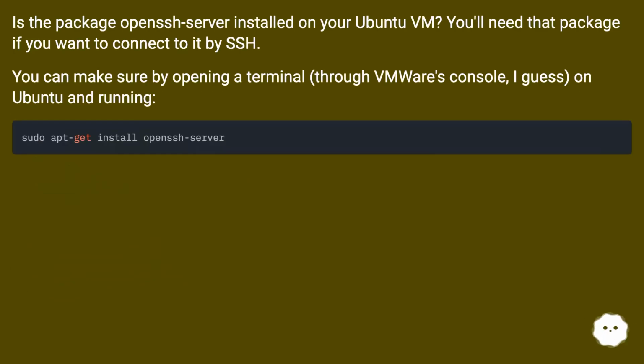Is the package OpenSSH Server installed on your Ubuntu VM? You'll need that package if you want to connect to it by SSH. You can make sure by opening a terminal through VMware's console, I guess, on Ubuntu and running